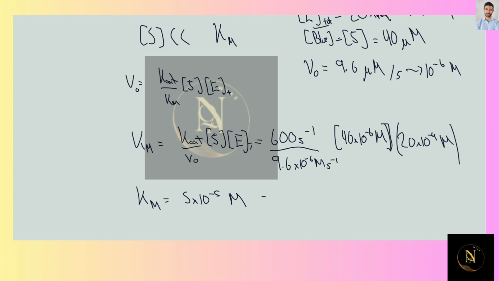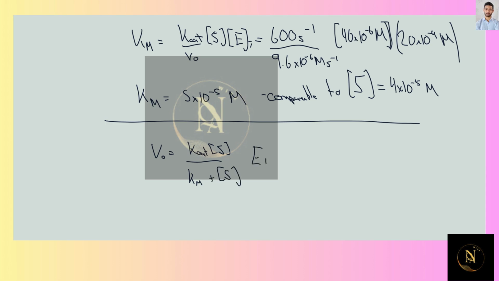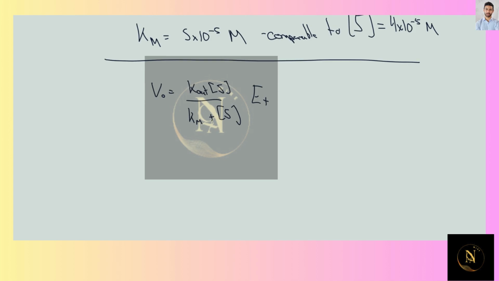In this case, we see that this value is comparable to S, the concentration of the substrate, which is 4 times 10 to the minus 5 molar. So making this approximation does not make much sense. We need to employ the full Michaelis-Menten equation, which tells us that the initial velocity is equal to kcat times the concentration of the substrate divided by Km plus the concentration of the substrate, times the total enzyme concentration. So in this scenario, we need to solve for Km,